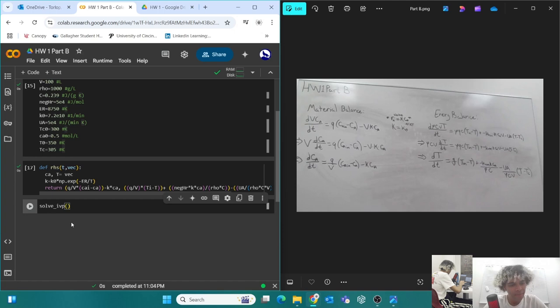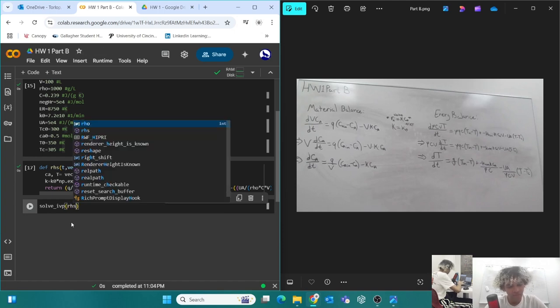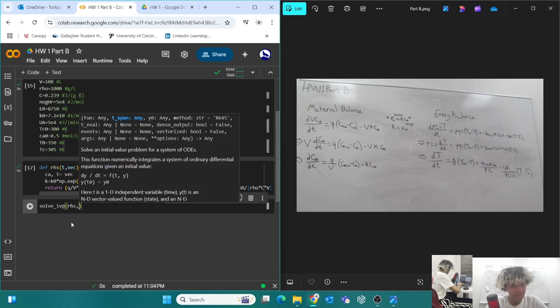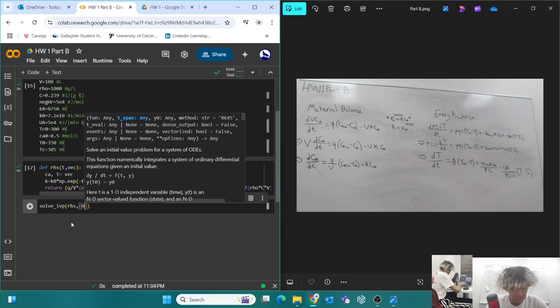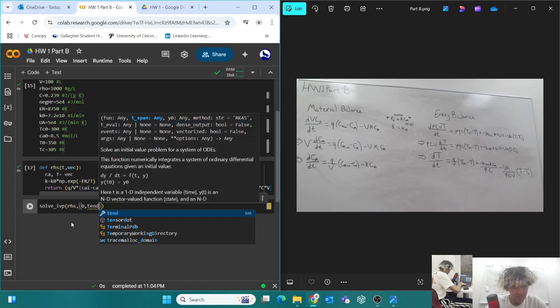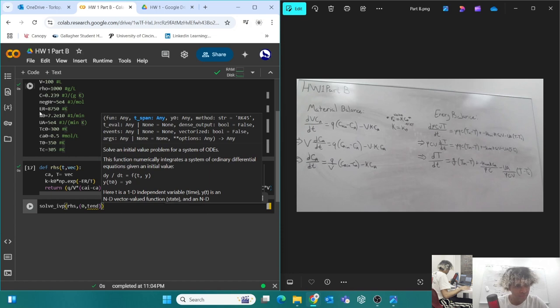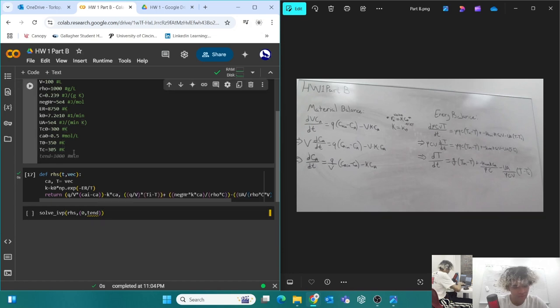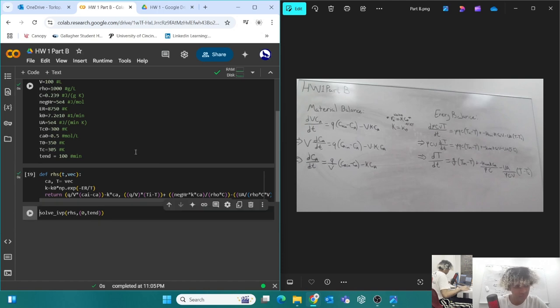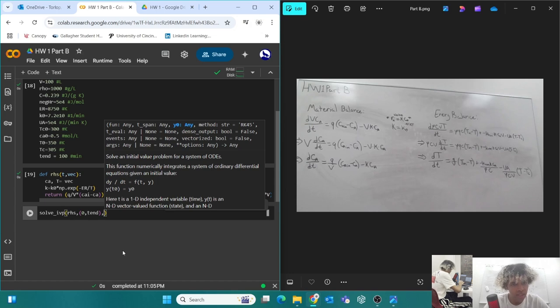Okay, so solve IVP. We know that, so the function, right-hand side. Then we're gonna do 0 to T end. Let me quickly do T end equal to like 100 minutes. There we go. And then we need